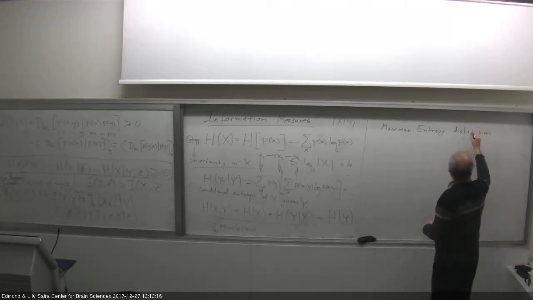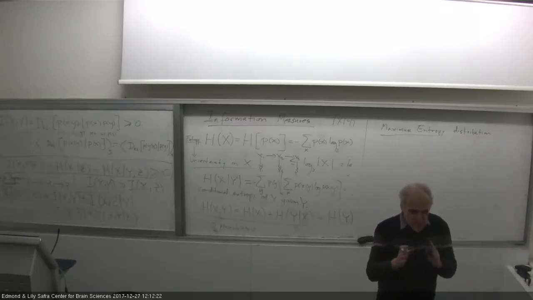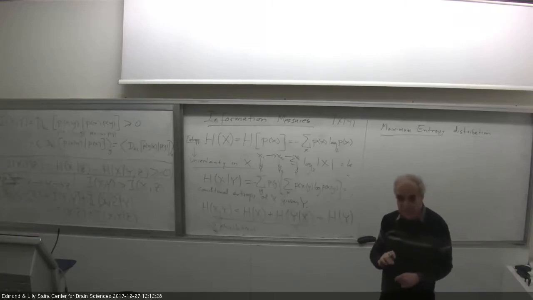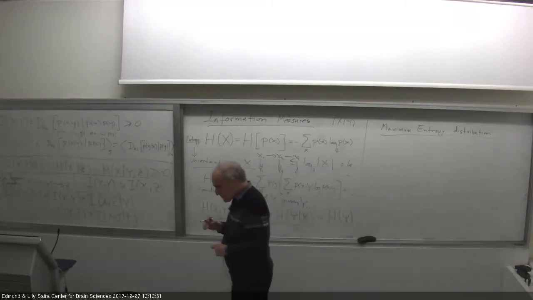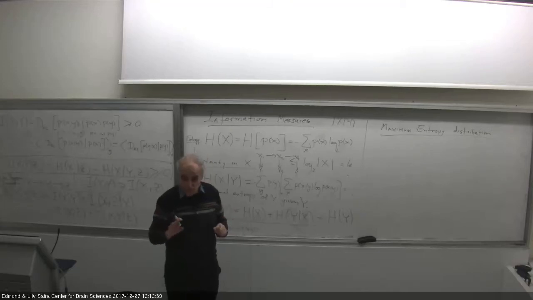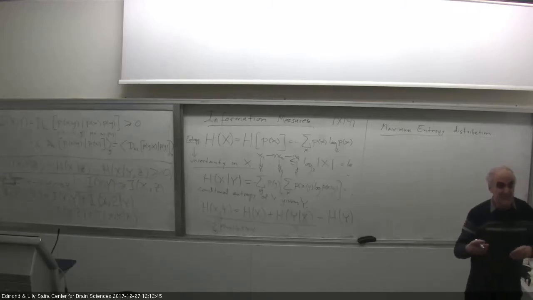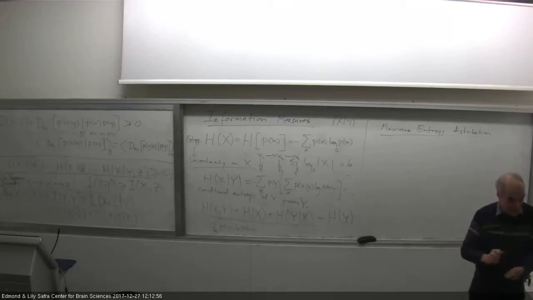I'm going to motivate it in two different ways. First of all, you already saw that in some sense asking maximum entropy questions or making maximum entropy measurements is a good idea. Entropy is intuitively, at least at this point, a good measure of uncertainty in a variable, uncertainty in general. So maximum entropy looks like maximum uncertainty. When I give an answer to a question, it's actually removing the maximum uncertainty. That's why I want it to be maximized, because any answer is going to reduce the entropy maximally.